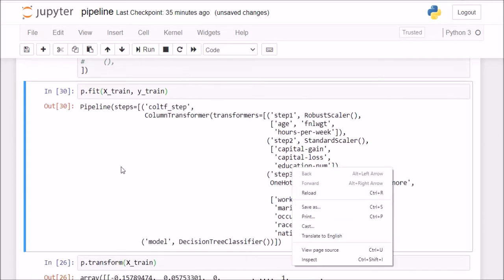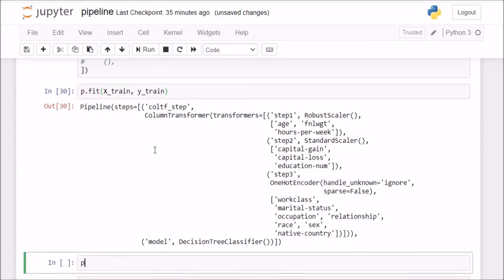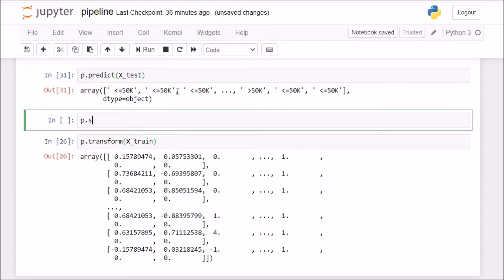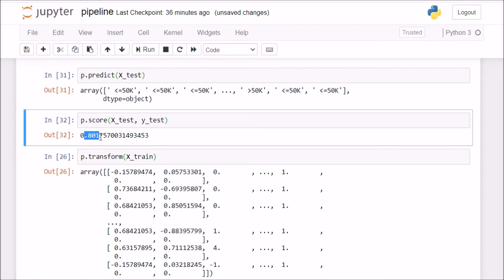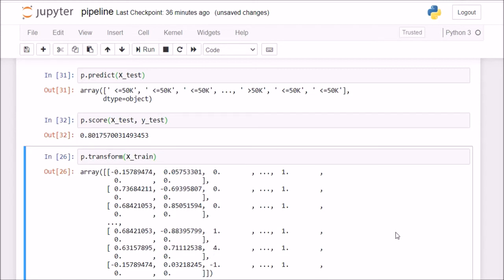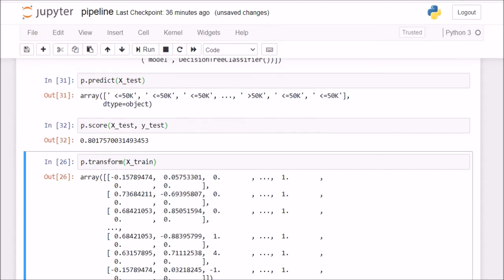Okay, so when I fit my model, now my model has been fit. Okay, successfully fit. So now I can simply do predictions. So I can say a dot predict, and I can pass it X test. So now this is predicting income category on the test set. If I check what is my accuracy, if I do a simple score on the X test and pass in the true y test values, it tells me the accuracy is around 80%, which is not good, but this tutorial is just for showing you how we can use a pipeline.